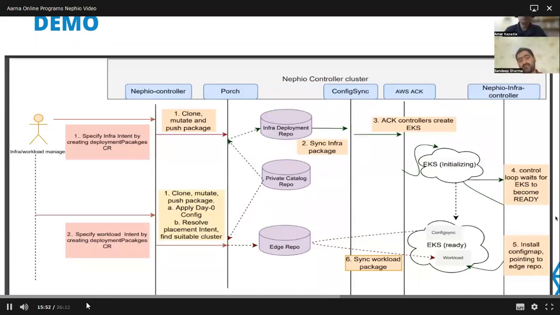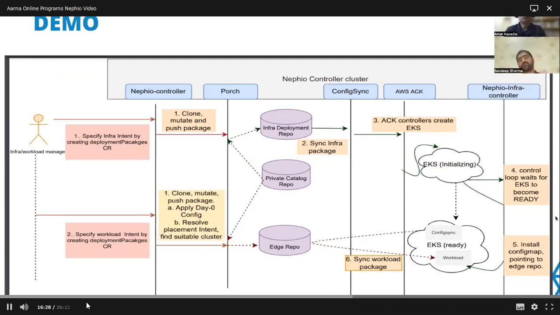It covers how the EKS cluster orchestration is basically automated, but that is not enough for workload orchestration. We have to prepare these clusters for workload orchestration, and we have automated that process as well. And that is the job of the Nephio infra controller. So it's a POC level controller. What it does is it watches the EKS Kubernetes resource in the Nephio controller cluster, and it waits for this resource to come into ready state.